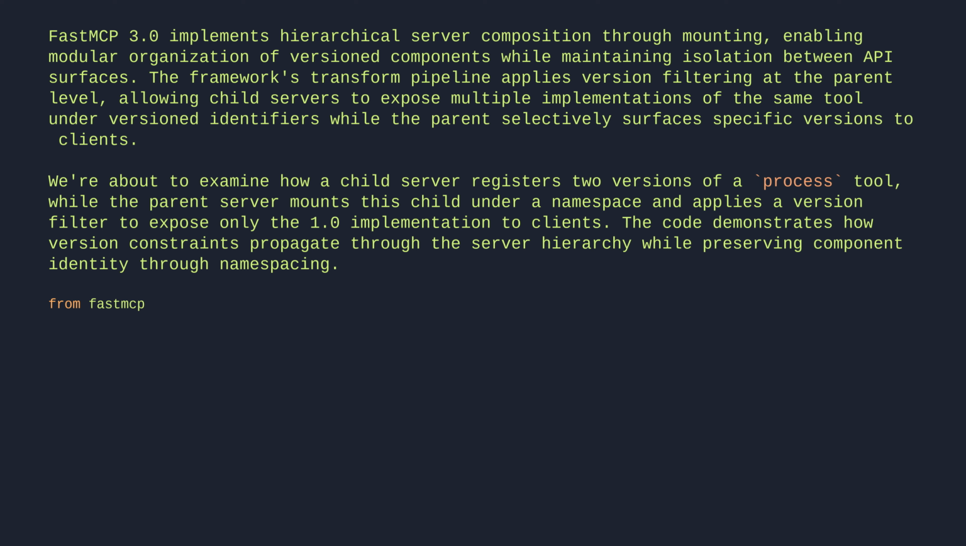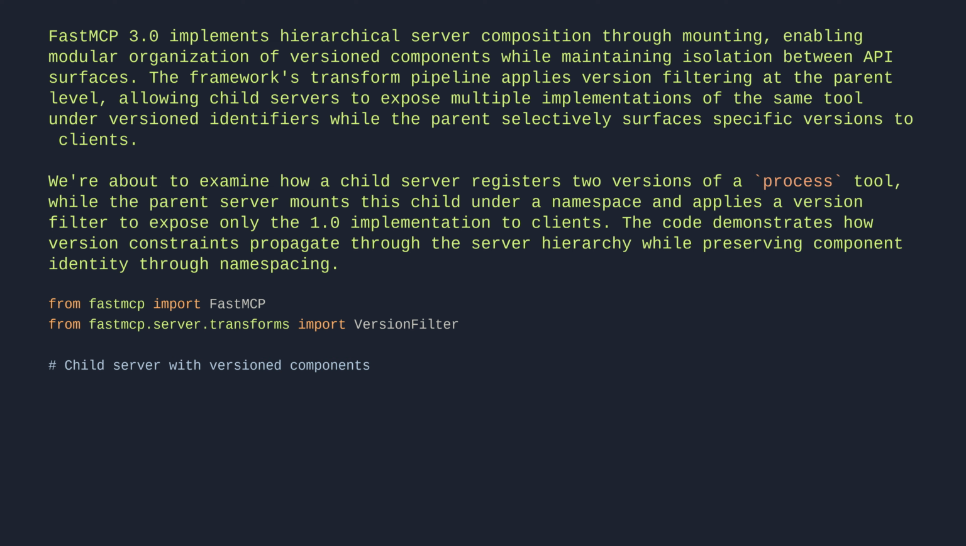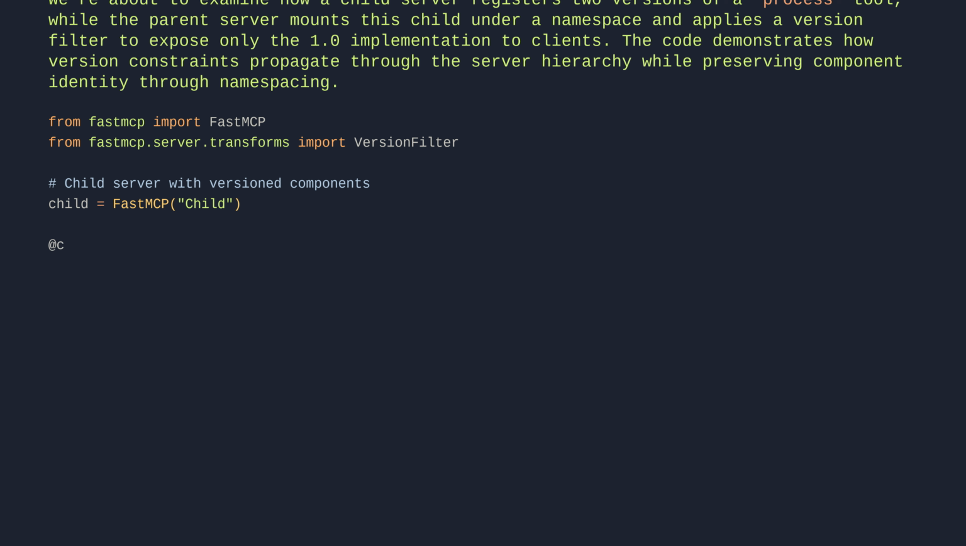From fastmcp import FastMCP. From fastmcp.server.transforms import VersionFilter. # Child server with versioned components. child = FastMCP("child"). @child.tool(version="1.0"). def process(data: str) -> str: return data.upper()